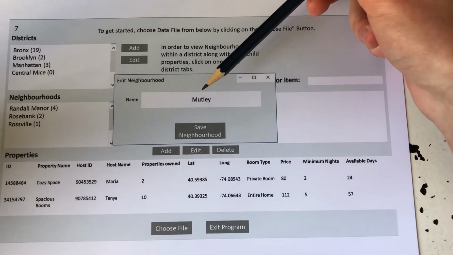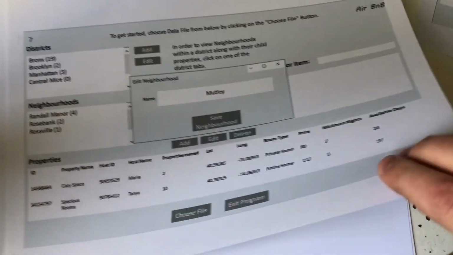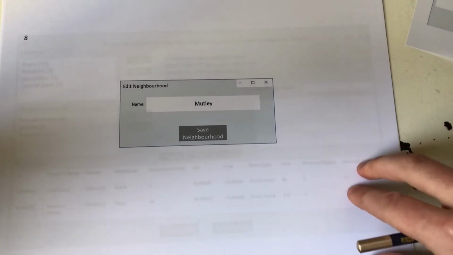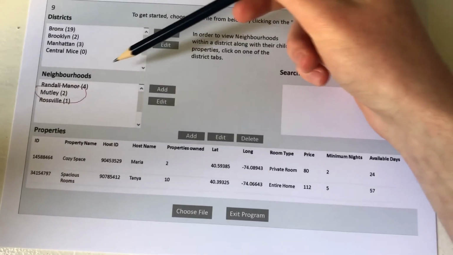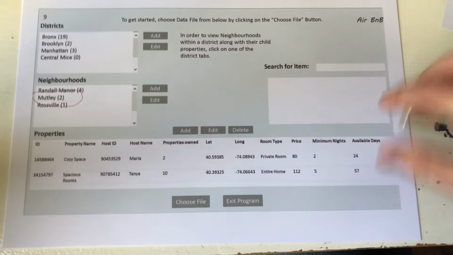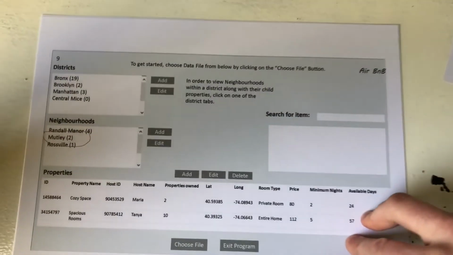it in, so Muttley to rename it, and then we'd click save neighbourhood. That's what it looks like on its own. And as you can see, that neighbourhood has been renamed to Muttley. So if we move on,